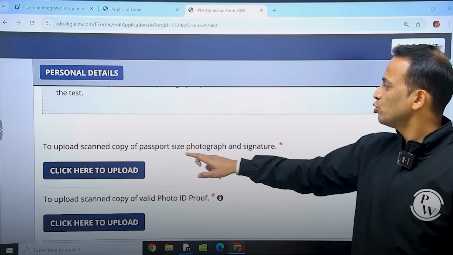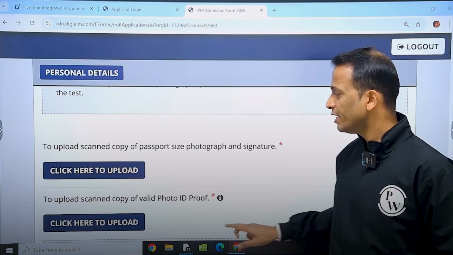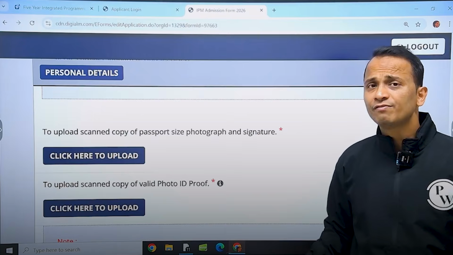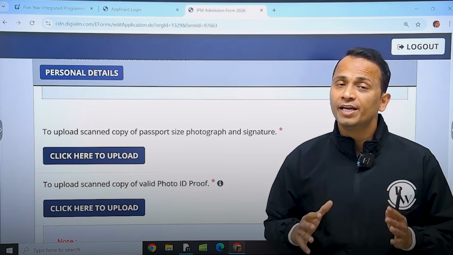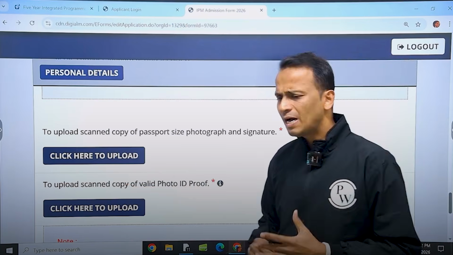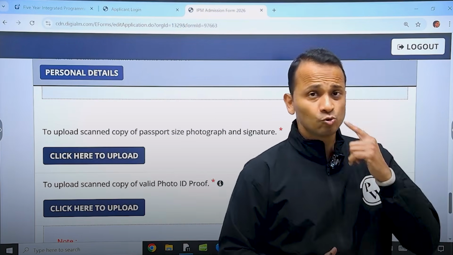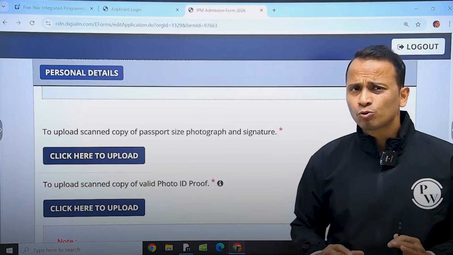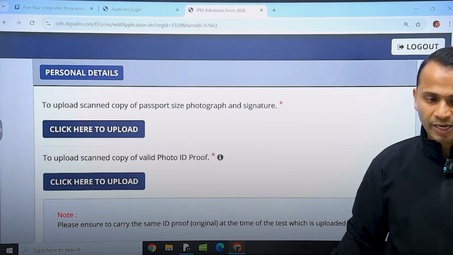सो पासपोर्ट साइज फोटोग्राफ एंड सिग्नेचर, यहाँ पे हम क्लिक करेंगे अपलोड करने के लिए, एंड देन विल ऑल्सो हैव टू अपलोड द स्कैन कॉपी ऑफ आर वैलिड फोटो आईडी प्रूफ. फोटो आईडी प्रूफ आप आधार कार्ड यूज कर सकते हैं, पासपोर्ट यूज कर सकते हैं, ड्राइविंग लाइसेंस यूज कर सकते हैं, ठीक है? इनमें से आप कुछ भी यूज कर सकते हैं. यू विल हैव टू अपलोड दीज टू थिंग्स हियर. ओके,